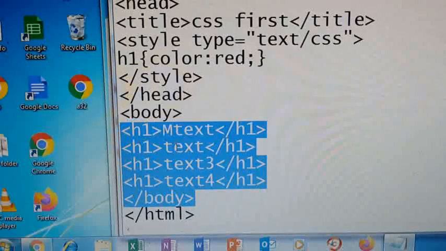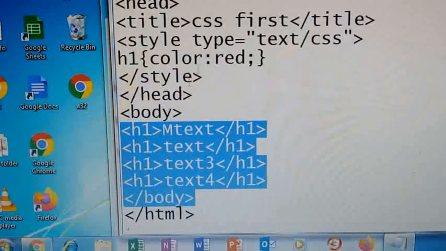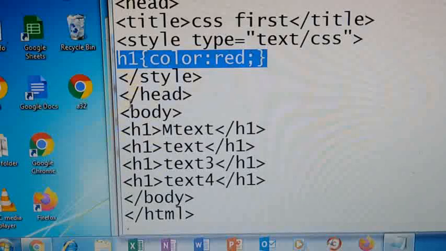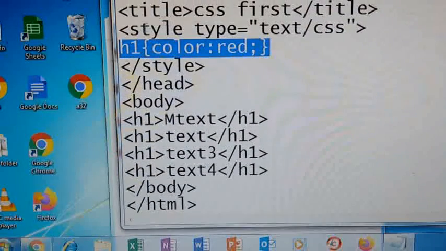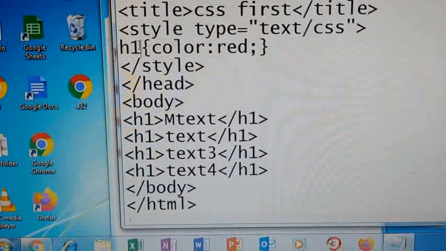So using this, you can decrease the code, and you can increase your program performance by decreasing your file size. Okay, if you are decreasing 4 lines of code, what does it mean? Your file size will be decreased, you know. So that is the main advantage of CSS. So remember one thing: to whichever element you are giving a property, that is called a selector. What style you are giving, that is a property, and if it is a style, it should have a value. That is a value.